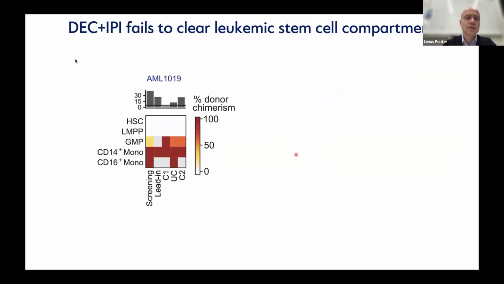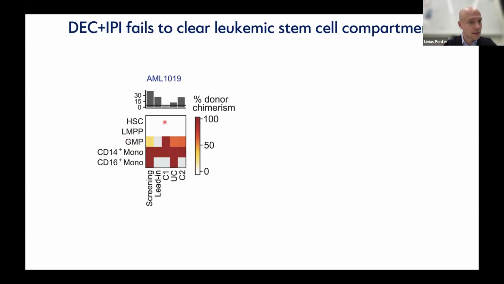And this is an approach that also allows you to track responses longitudinally. So here you have a patient, AML 1019, who responded to this treatment. You can see how the blast count goes down. And you can see how the GMP compartment actually improves in terms of normal hematopoiesis that comes back, or donor-derived hematopoiesis. At the same time, we find that even at time of response, there is no recovery of normal HSC